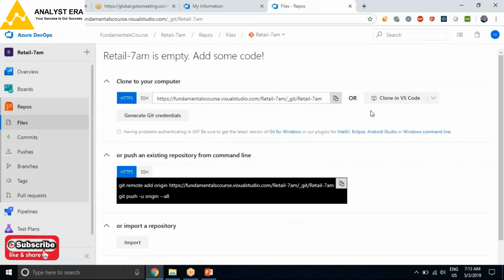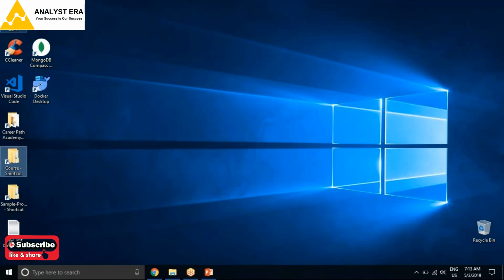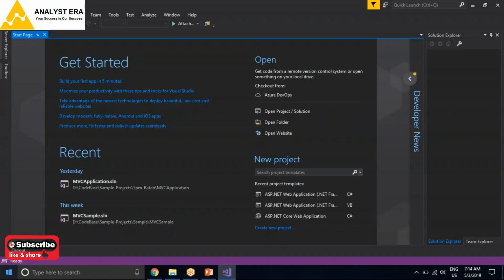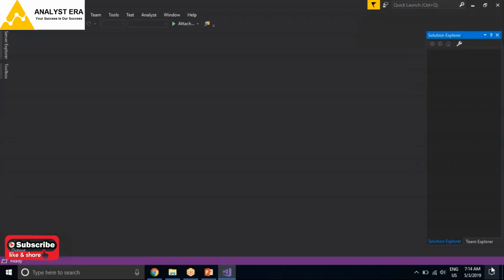So if I want some code here, until now we were directly working on code as if we had checked it in. But I never showed you how to have code inside this repository. That's what I'm showing now. How to get code inside this. Copy the clone URL which you see here. Just click on that button, and you get the clone URL copied. This is the repo's address. This is how I will reference my repo. So I'll go to Visual Studio. Once I have that, I can just say,